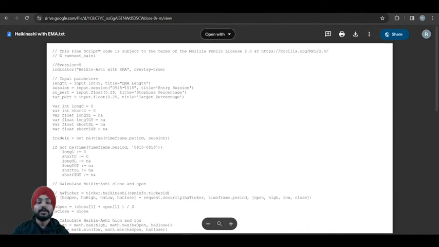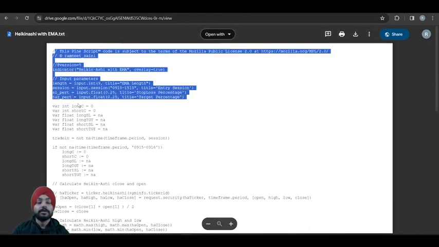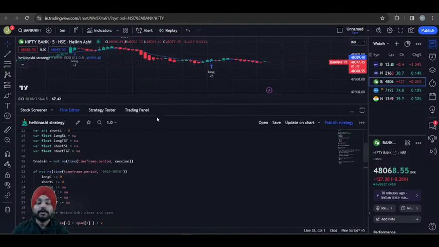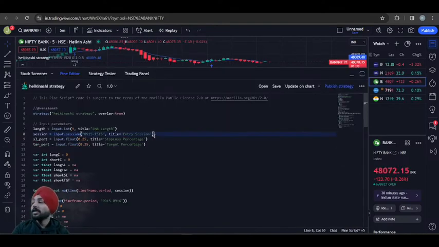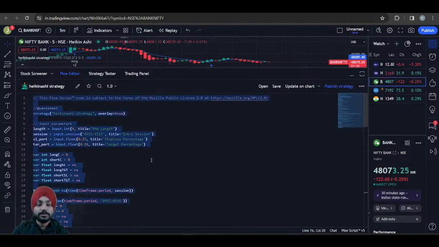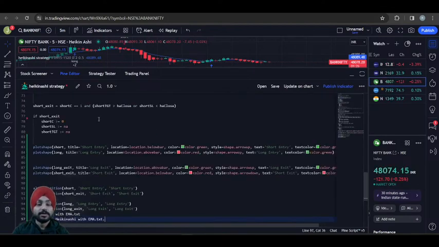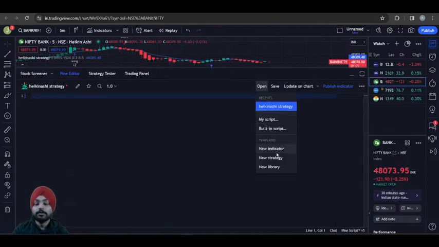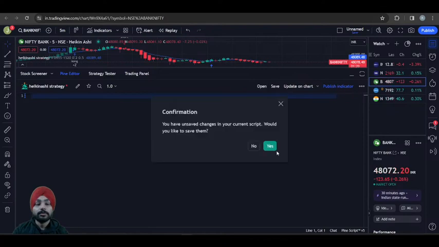तो इस वाली script के अंदर आपके पास indicator है. I've copied. Again I will click on this pine editor. जो पुराना कोड है आपने एक बारी सेव कर लिया Heikin-Ashi strategy से, तो इसको मैं एक बार डिलीट करके दोबारा से सेव कर लेता हूँ. या फिर मैं यहाँ पे एक बारी ओपन करता हूँ, न्यू इंडिकेटर पे क्लिक कर रहा हूँ